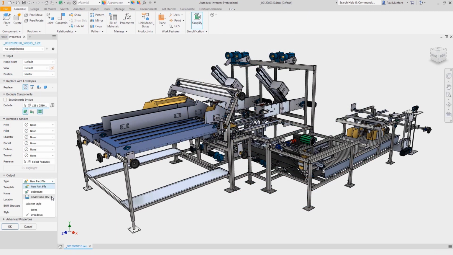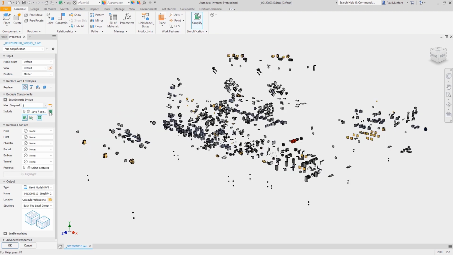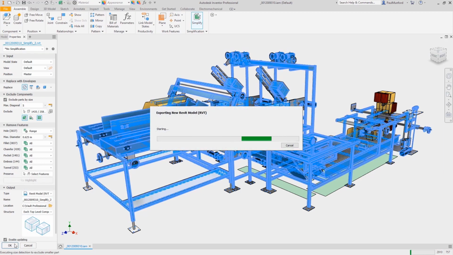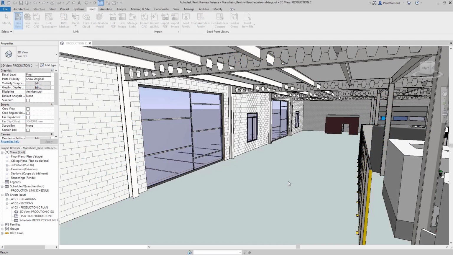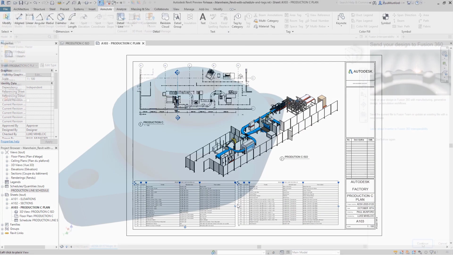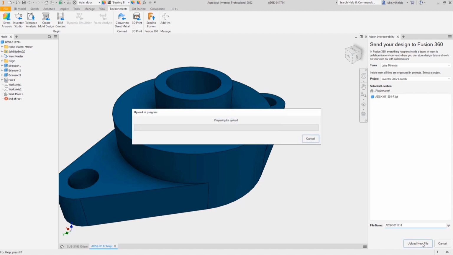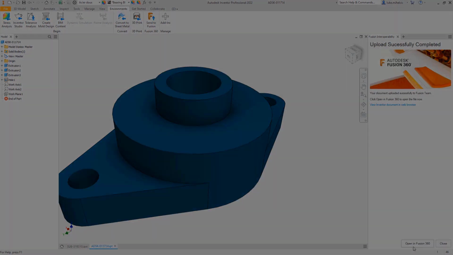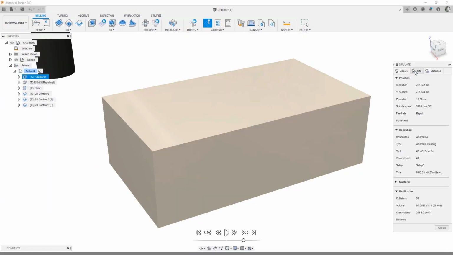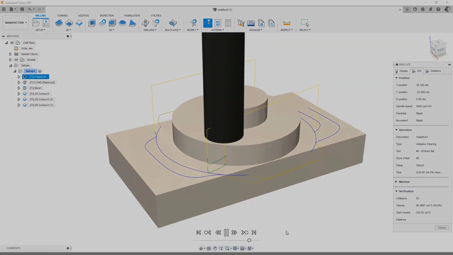Autodesk Inventor continues to provide a more connected experience when working with other tools. You can now more easily connect Inventor with Autodesk Revit. You now have the ability to save a native Revit project file from Inventor. You can also send Inventor files directly to Fusion 360 to access additional workflows. These connections seamlessly extend Inventor for improved coordination and collaboration.